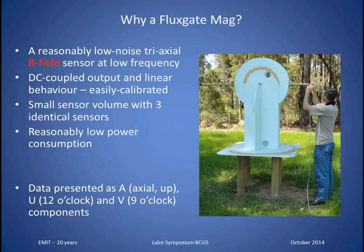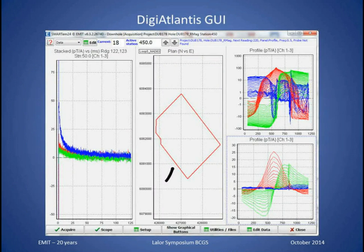And at low frequency, and really the emphasis here is low frequency, these things are a reasonable EM sensor. In the following I'm going to present data in the same form as previous talks, with A, U and V in the standard presentation, with A being the axial component. This is an example of the type of presentation that the operator gets presented with, and we use the same